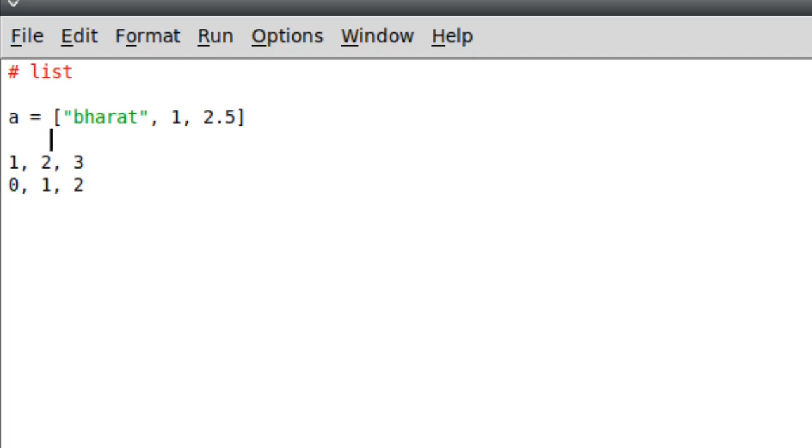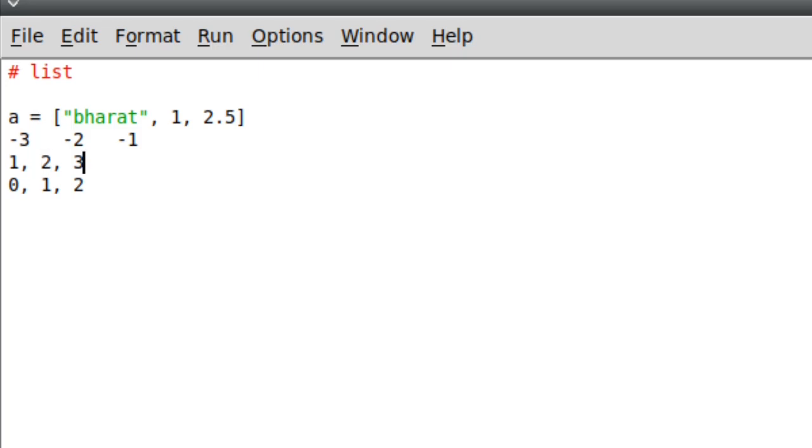Again from here it will start from -1, -2 and -3, a negative index.